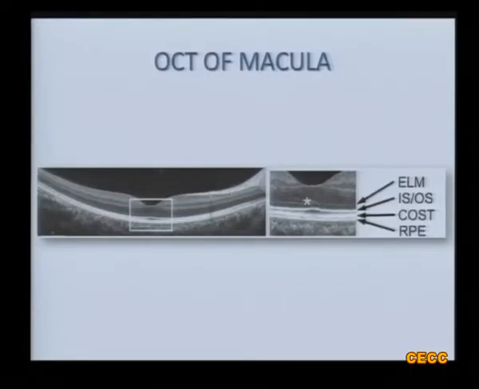And there is another hyperreflective line just above this. It is called the COS line, or the cone outer segment tip line. It is now called the interdigitation zone. It corresponds to the junction between the apex of the retinal pigment epithelial cells and the cone tip. And then just above that is another line, that is the ISOS junction, which is also known as the ellipsoid zone. It actually represents the ellipsoid layer of the inner segment of photoreceptors,